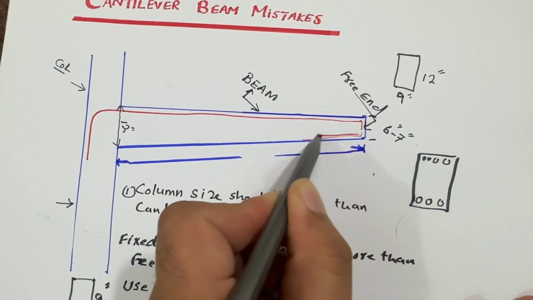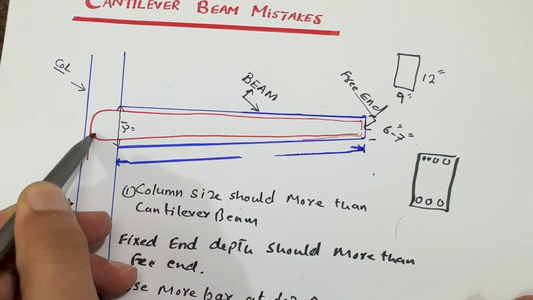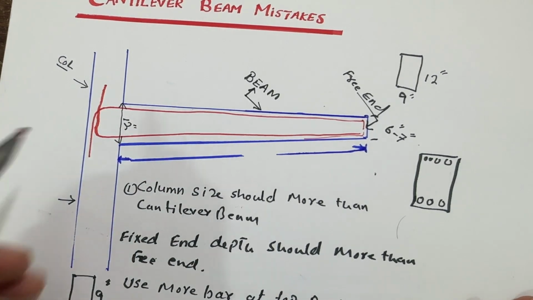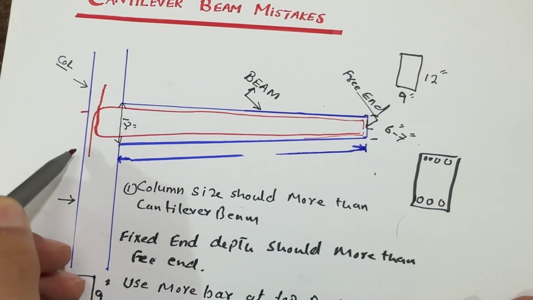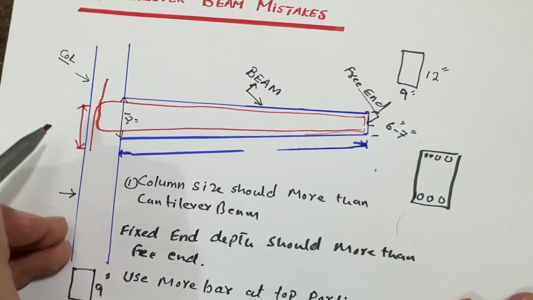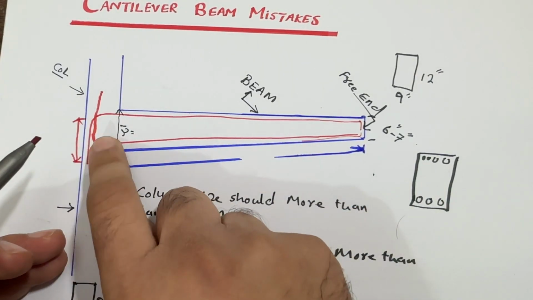Guys, you can see it should be upward to the upward side like this, which is called development length, and it is very important in a cantilever beam. If you don't provide development length, you will face more problems, because these steel bars are fixed with the column